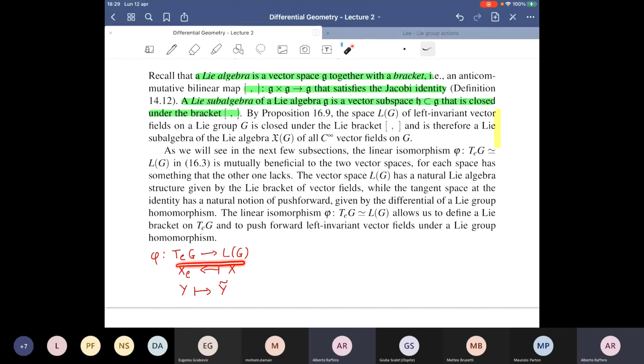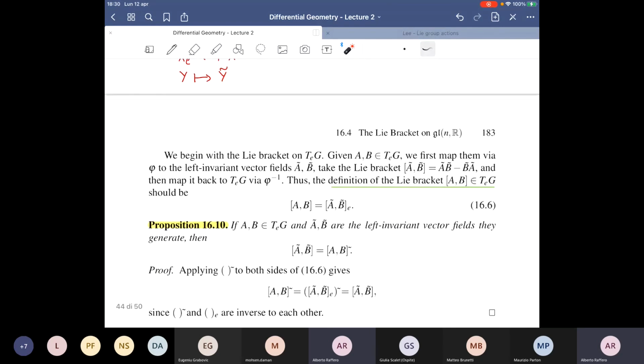In such a way, you will get what is called an isomorphism of Lie algebras, and you can interpret the Lie algebra of a Lie group equally as the Lie algebra generated by left invariant vector fields, or if you want, as the tangent vectors to the Lie group at the identity with a suitable bracket. And to define the bracket, you just use the left invariant vector fields induced by an element of the Lie algebra, by an element of the tangent space to G at the identity.